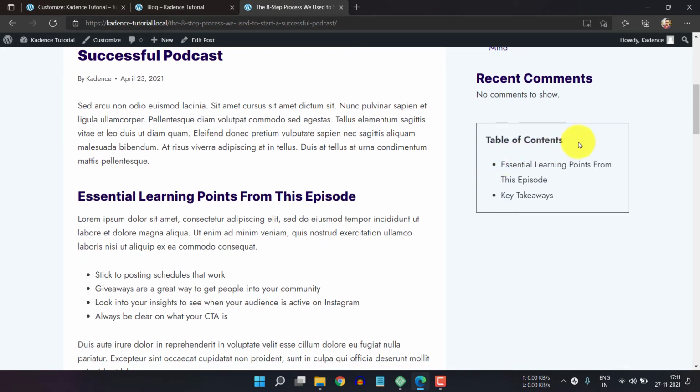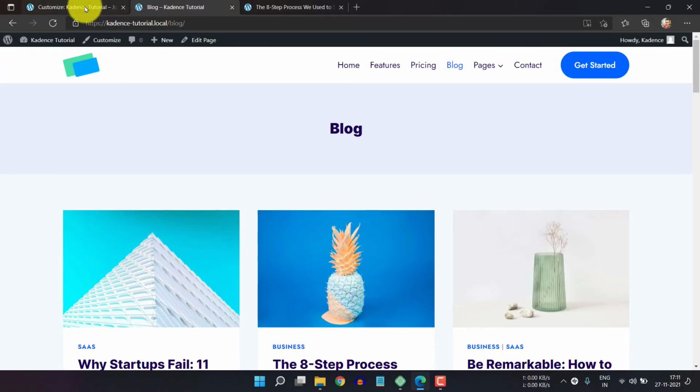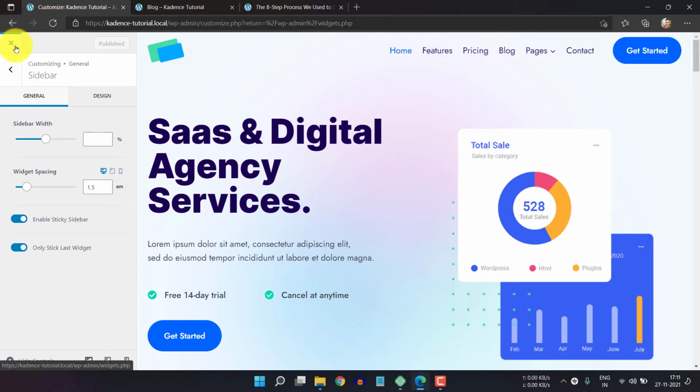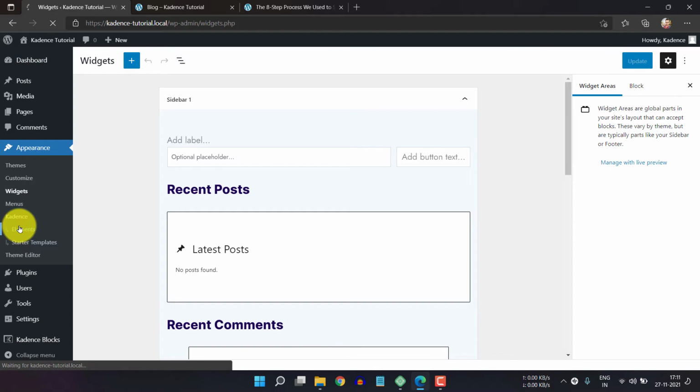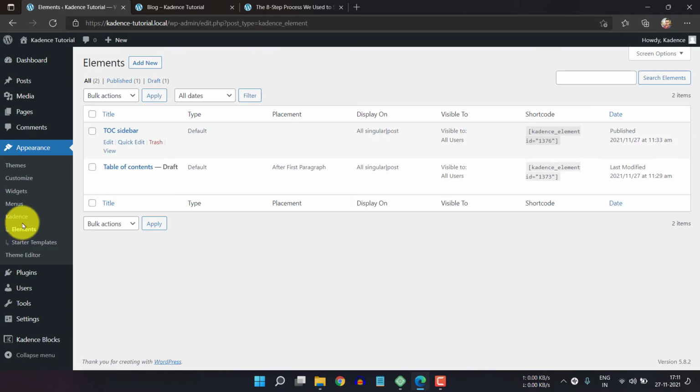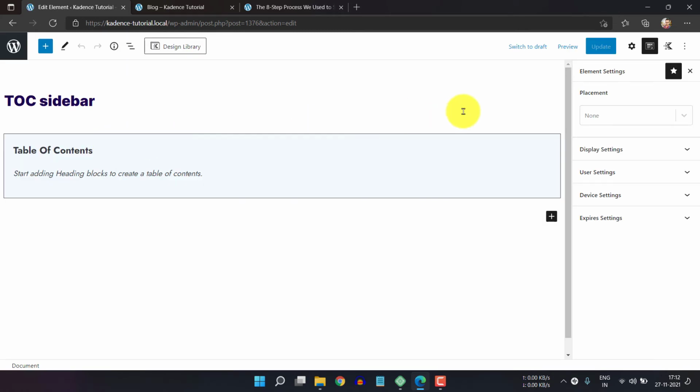But we don't want the table of content to be sticky when it is shown on mobile devices. For this we will make a small change to the Kadence hook element. Let me click on the element setting and click on TOC sidebar. Now here we will change the device setting. I will select only the desktop option and click on update.